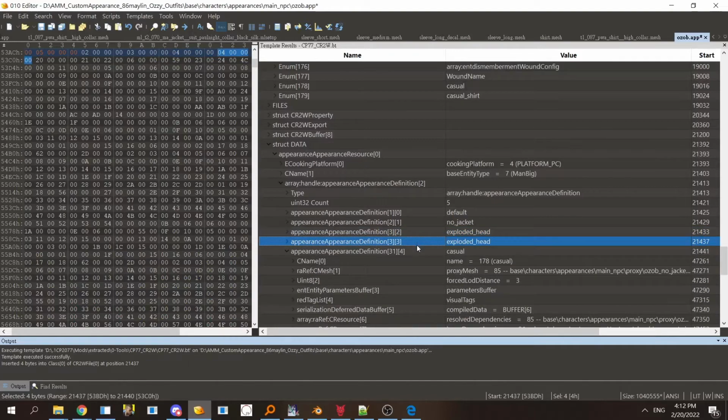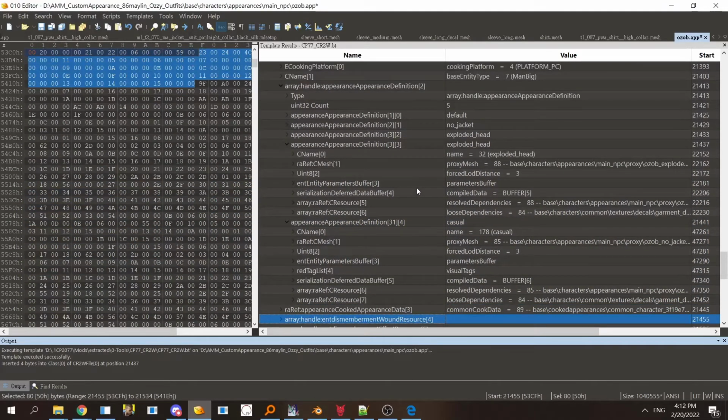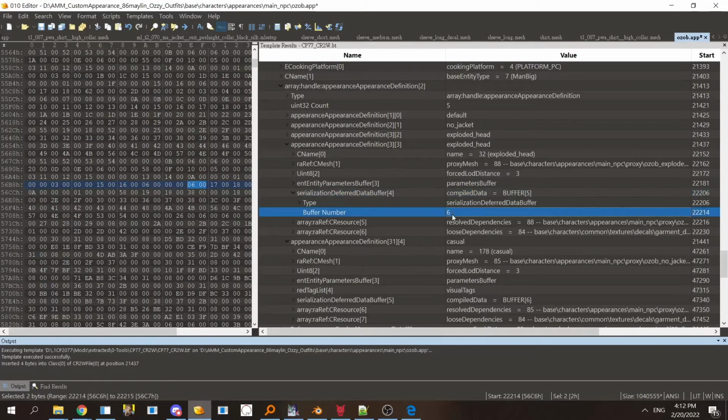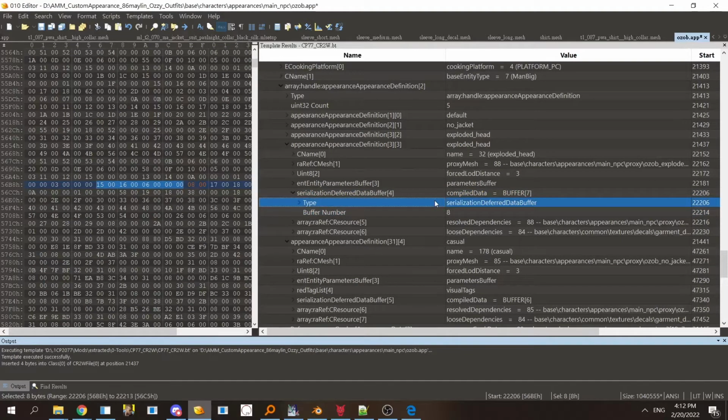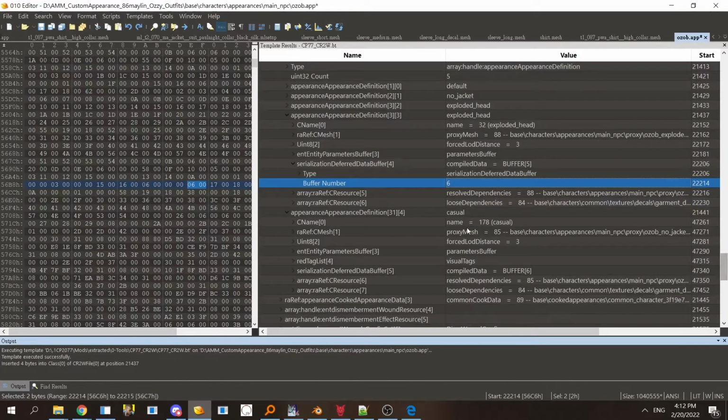Wait, stop expanding. This one, okay. Compile data needs to be in the 8, and actually I don't like this. I want to make it the same as, I want to keep the order of it. Let's do buffer 8, buffer, actually, let me see, buffer 6,